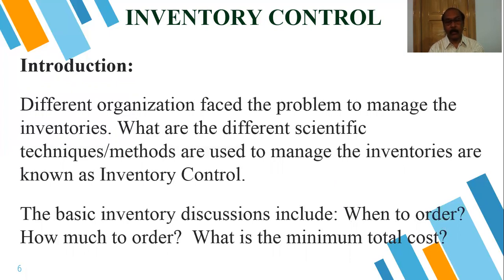And we always have to think about our total minimum cost, not only the item cost. Lots of costs are involved in production, related to producing the finished goods. So when we are going to produce finished goods, raw materials are needed. We have to place an order for them, and how much to order and when to order is the big question, to minimize our total cost.